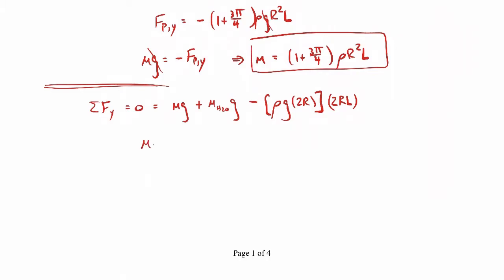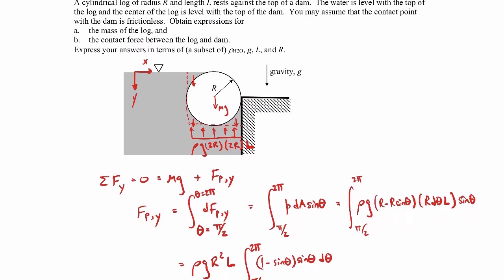So the mass of the water will be the density of water, I'll just leave it as rho, times the volume of the water. The volume of the water will start with the volume of that cube, so it'll be 2r on each side, so we square that, times L. That's the volume of this whole cube here, and the distance L is in and out of the page, and then we subtract out